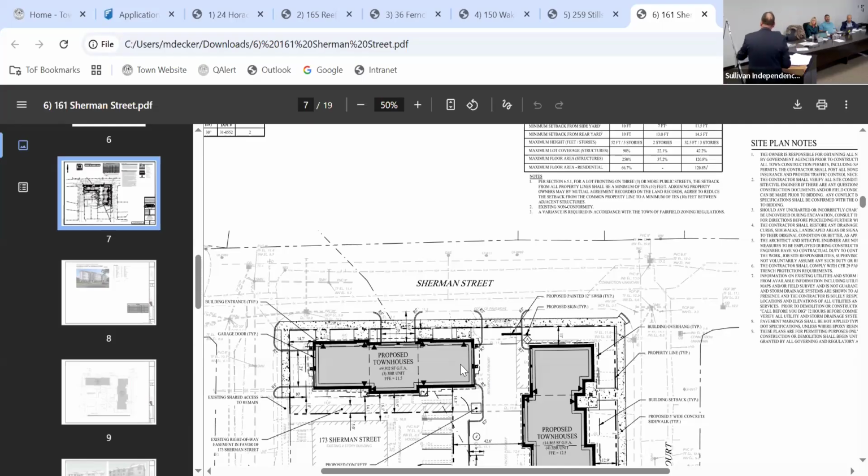We have a situation where we believe, based on the location of the property, that putting any commercial aspects or first floor commercial on this will just increase the parking, increase the size of the buildings, increase the intensity of flow, and something I think I would probably have a lot of people here arguing against, because the building would go higher and your parking would be underneath, and it would be out of character for the neighborhood. If you look at the character of the neighborhood, there's nothing 5 stories once you get to that side of Sherman Street. So for all those reasons, I think we have a hardship.